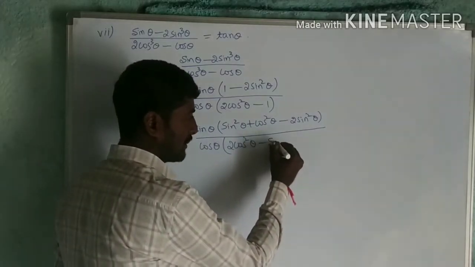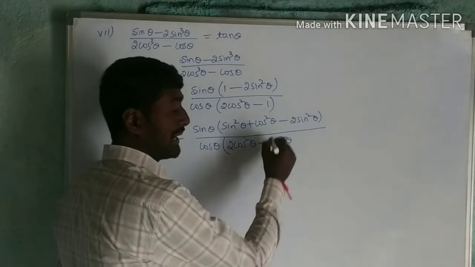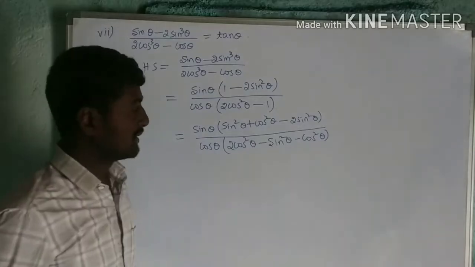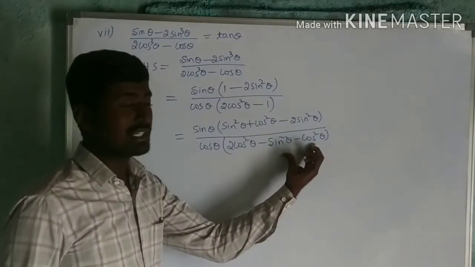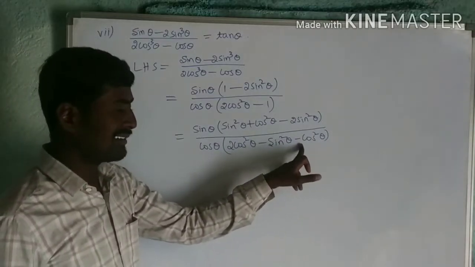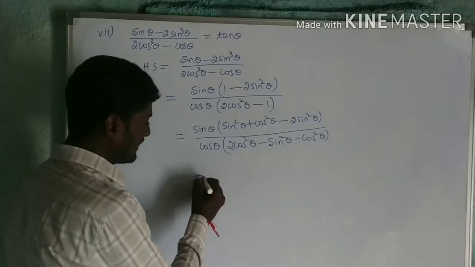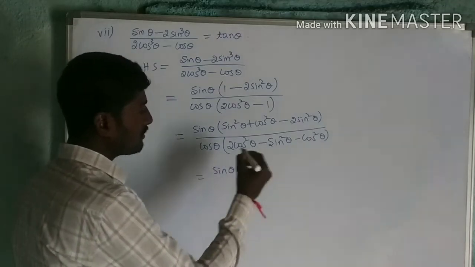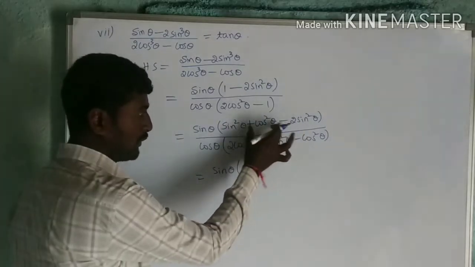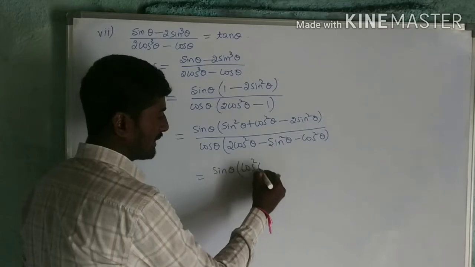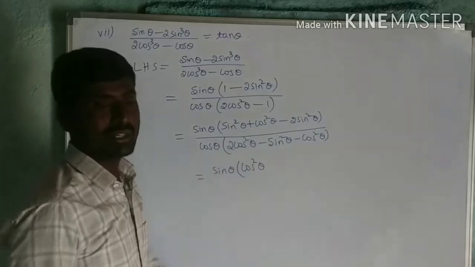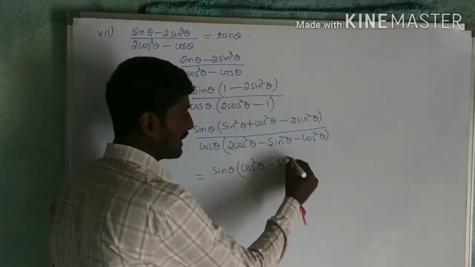So directly I will write minus sin square theta into plus, that is minus cos square theta. Here in place of 1 I can write sin square theta plus cos square theta, but minus is there. That minus will multiply for both. So I will get it as minus. Now this is sin theta into inside sin square theta minus sin square theta, that is minus. Before this I will write this one cos square theta. Now cos square theta written plus sin square theta minus 2 sin square theta, that is minus sin square theta,